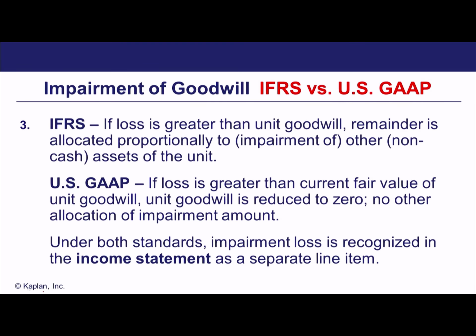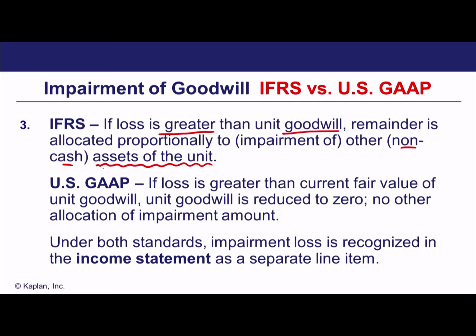One last point to mention. The impairment could be bigger than the carrying value of goodwill in the balance sheet. How do we deal with this? So notice if the impairment loss is greater than the unit goodwill in the balance sheet, then essentially what you do is you write down the goodwill under IFRS down to 0, but the remainder of the loss is actually deducted from other non-cash assets of the unit. So in other words, we actually reduce the value of other non-cash assets. What do we mean non-cash assets? Well, typically it's going to be other intangibles and plant, property and equipment of our subsidiary.